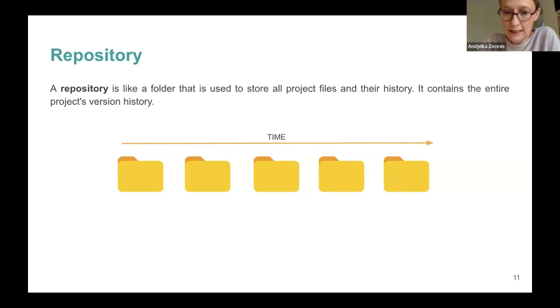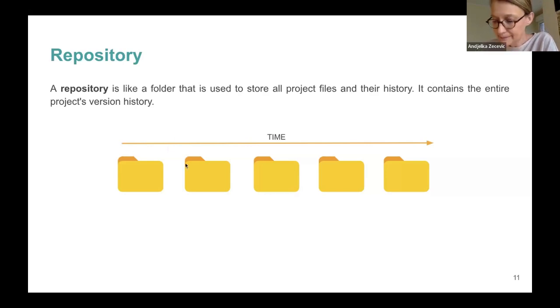That means that we can return to each point in time and have a look at files and their content relevant for that moment. That means if we delete a file or would like to return to a previous version of the project, we can do it easily by traversing and going back in this